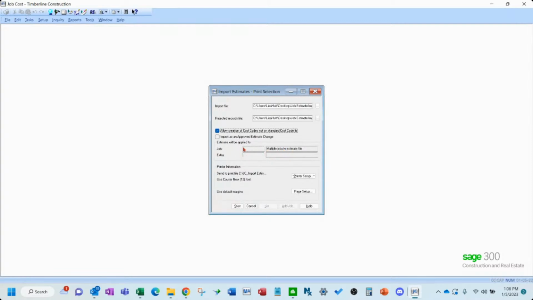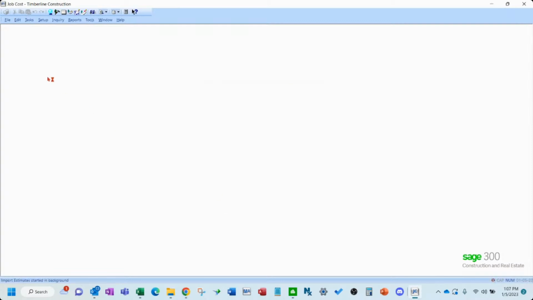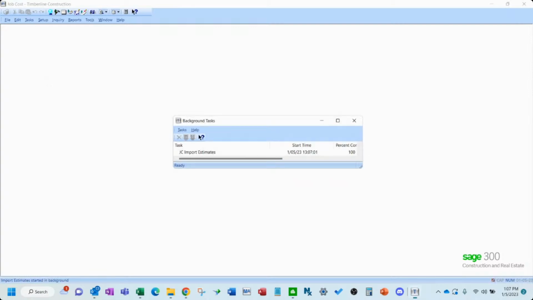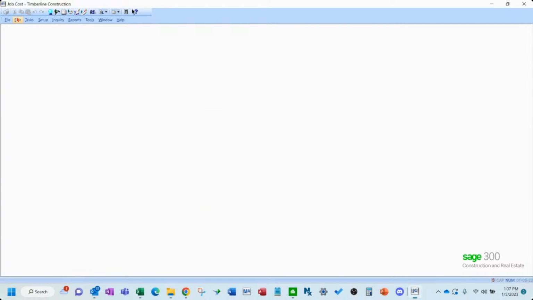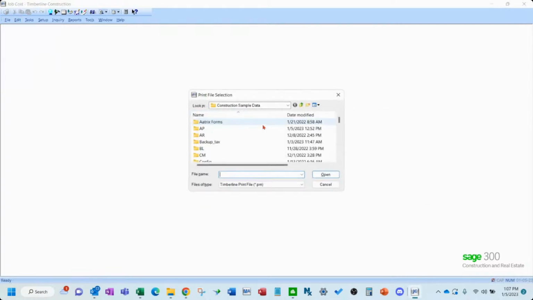Again, leave that blank, can't do anything here. And I'm bringing in an original estimate, so I leave that unchecked. I've got my setup for my printer going. So I'm going to hit start. Let that go for a second. And let's go look and see what that printout looks like, just to show you.